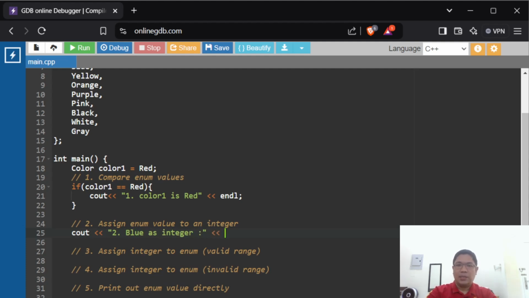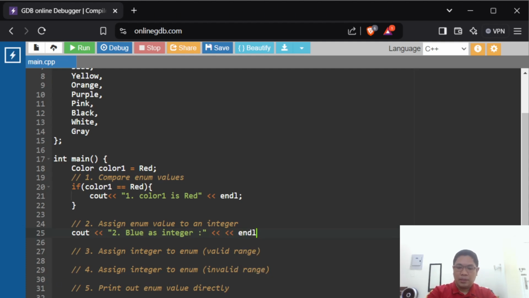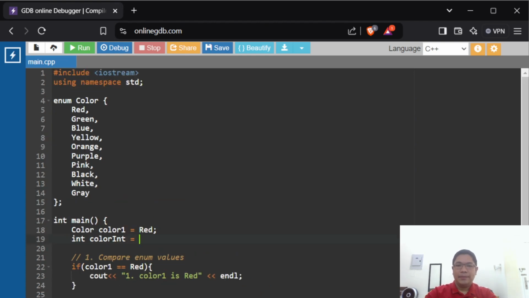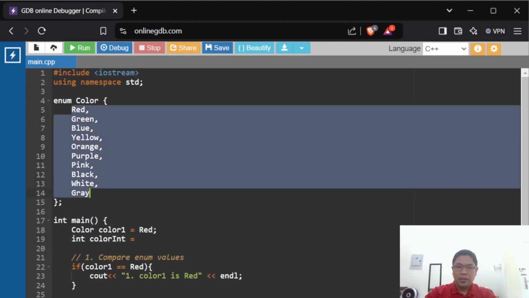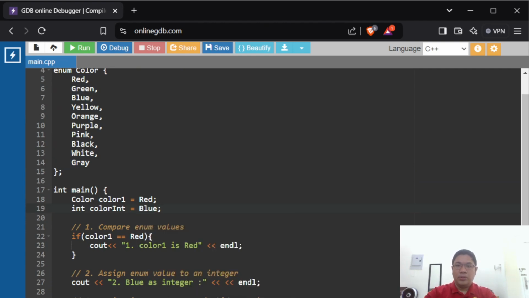So how to do that? Okay, so to do that, let's do end line. Let's declare another variable here, int color to integer. Can we assign one of the colors here to an integer? So let's say blue. So this is valid because